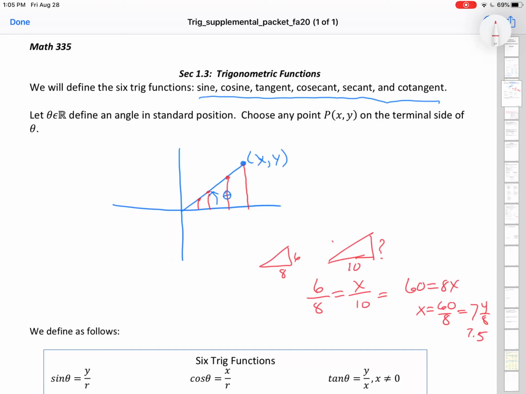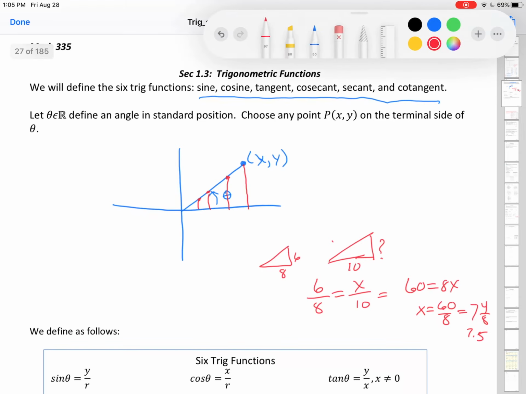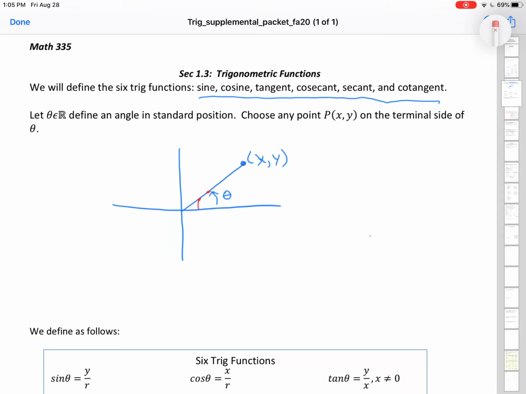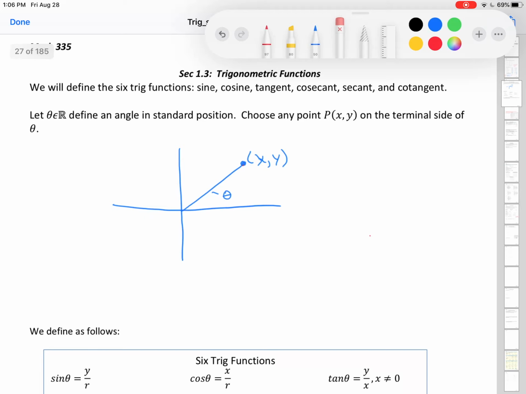My point in sharing that all with you is that's why we're able to choose any point: as we choose any point, it doesn't matter, because what the trig functions are going to be related to is a ratio of sides. So let me come in here and erase all these red marks that I put in here so that we can focus just on the blue. And erase that line there too while I'm here. So let me come back in blue,